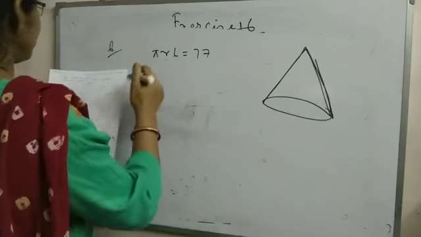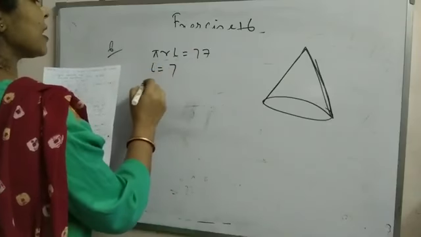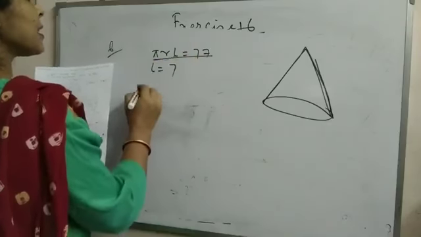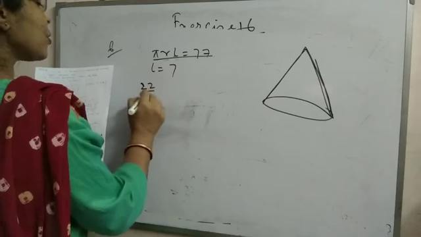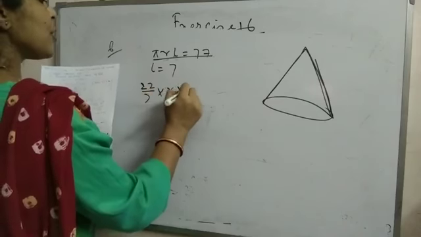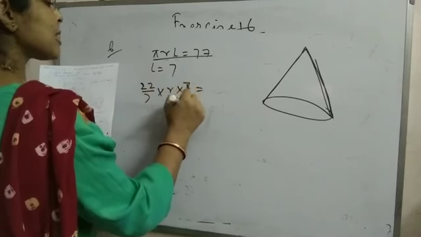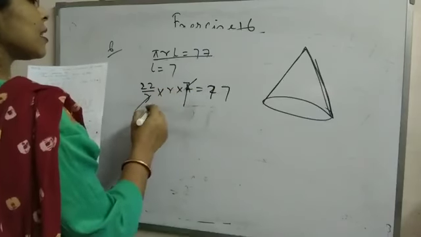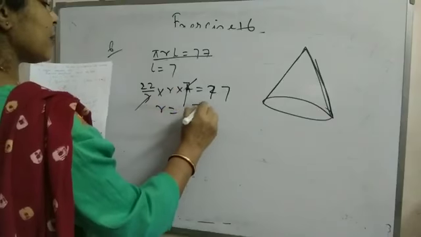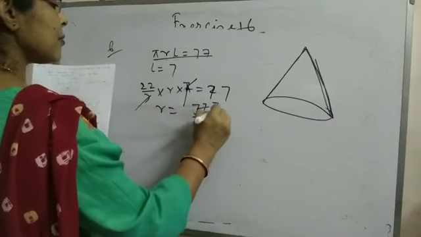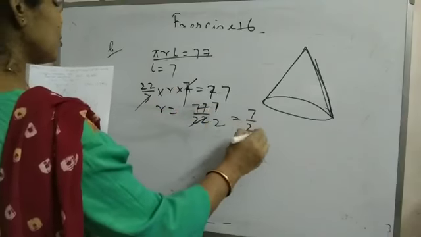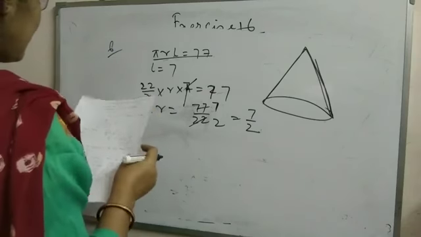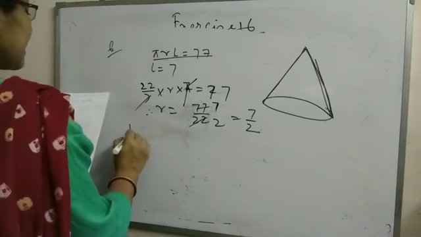I know l equal to 7 and πrl equal to 77, that is 22 by 7 into r into 7 equal to 77. 7r equal to 77 by 22 into 7, that is 7 by 2, r equal to 7 by 2. And base area